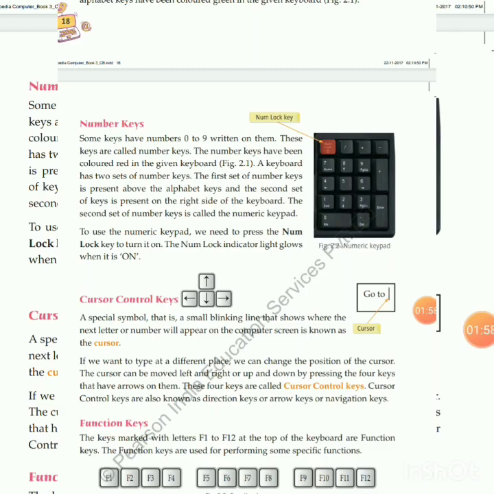Okay, these are the functions of the function keys F1 to F12. This is not in my syllabus, dear, but you have to know the function of these keys. Learn all these things and try to write the functions of the function keys in your notebook. In the next class, I will explain special keys and their functions.